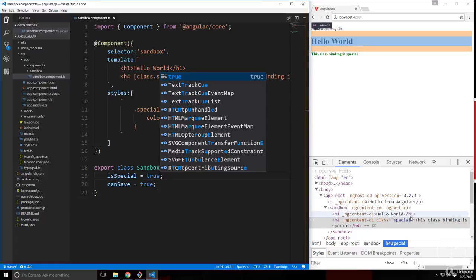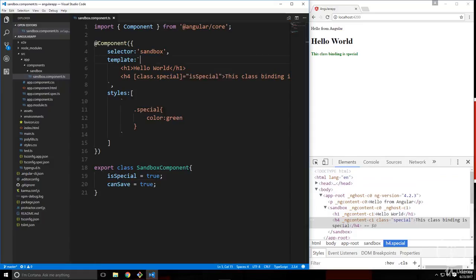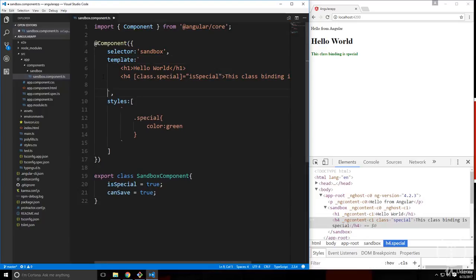Now, ngClass allows us to do this, but it allows us to set multiple classes, or multiple dynamic classes. So let me give you an example. Let's create another h4 here, and then we're going to use our brackets and do ngClass, and we're going to set this equal to, let's say, currentClasses. Alright,